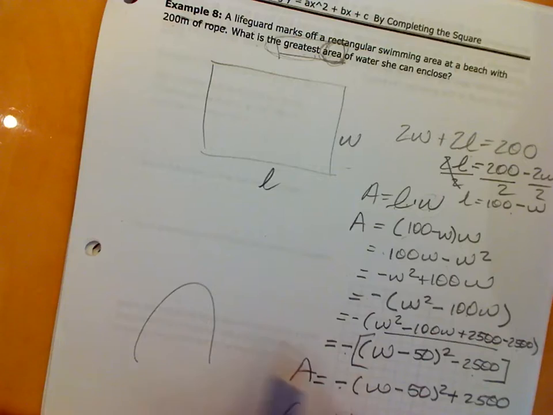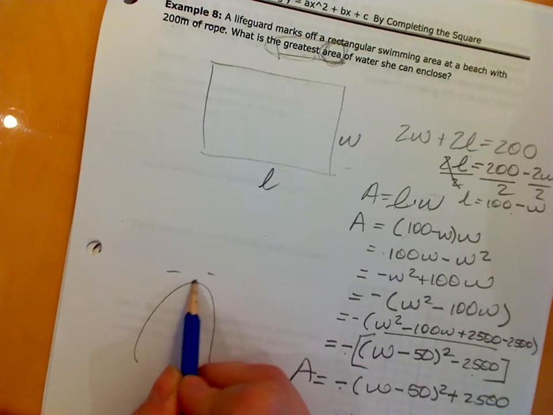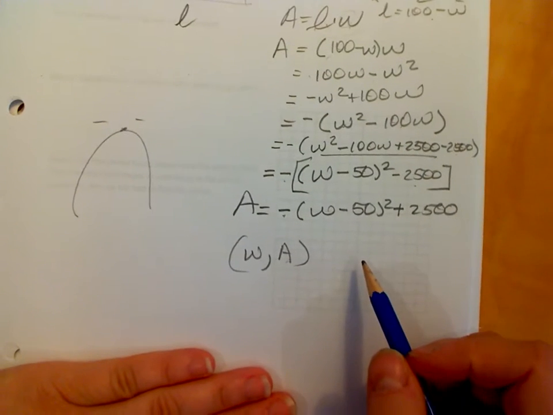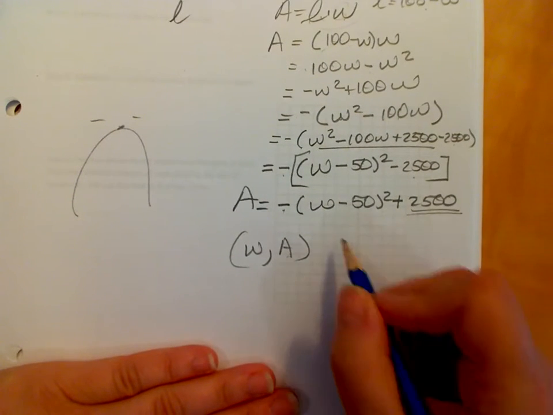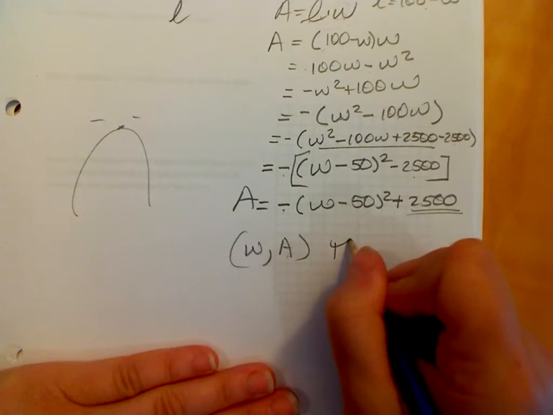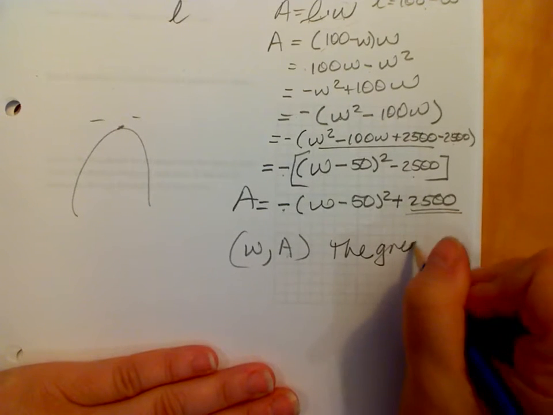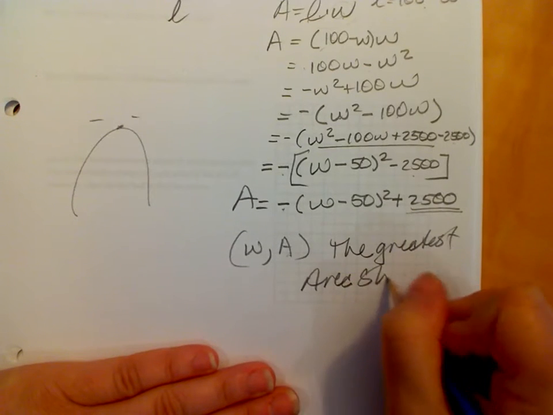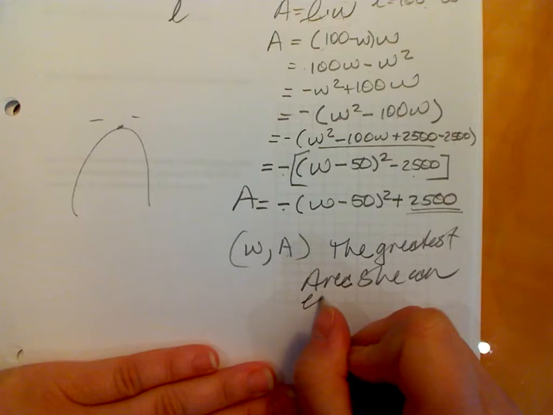Concave down with the negative. This is a high point, not a low point. And here, this will tell me my greatest area. So the greatest area she can enclose